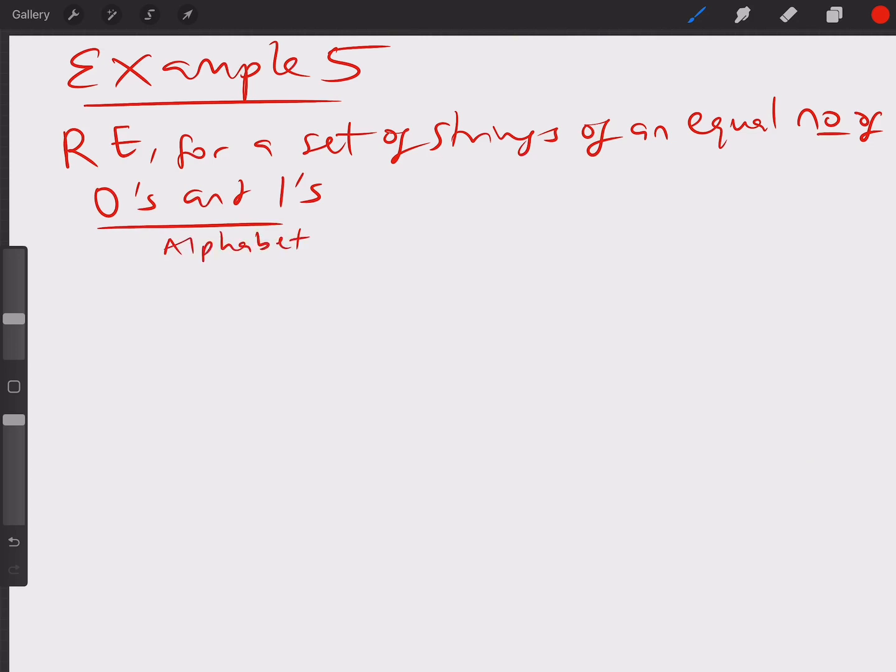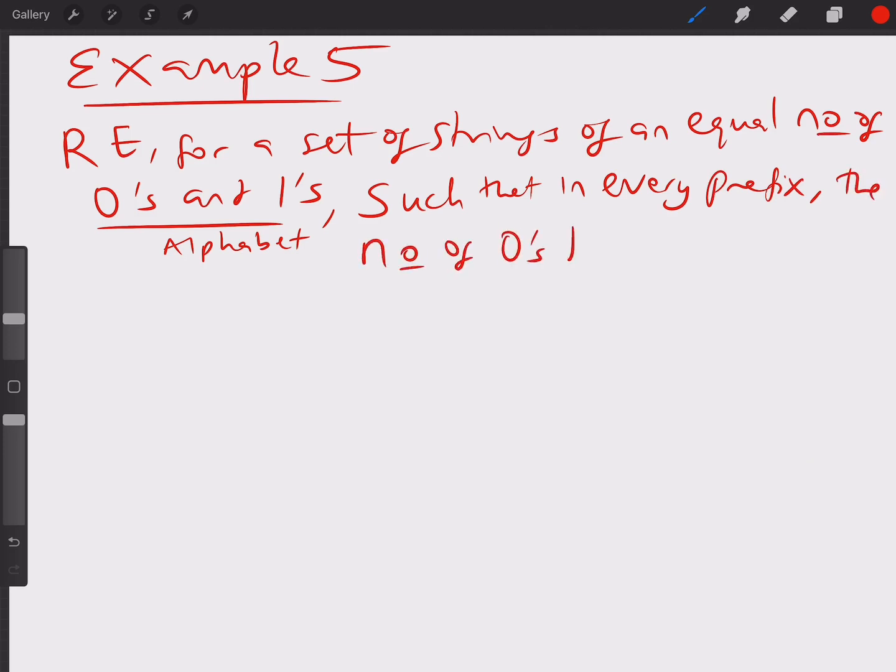Now the condition is such that in every prefix the number of zeros differ from the number of 1s by at most